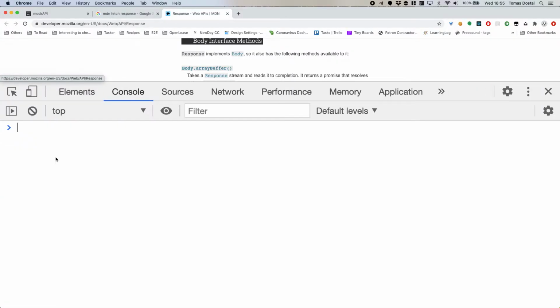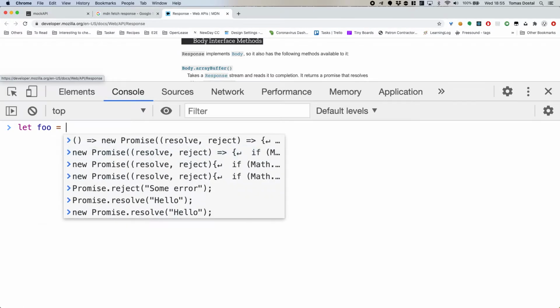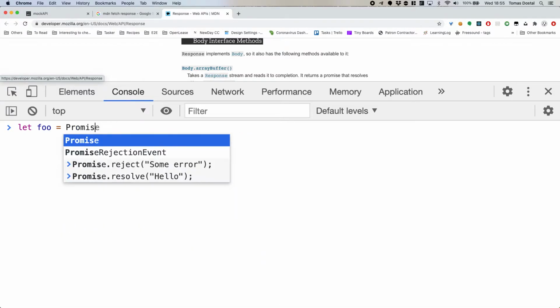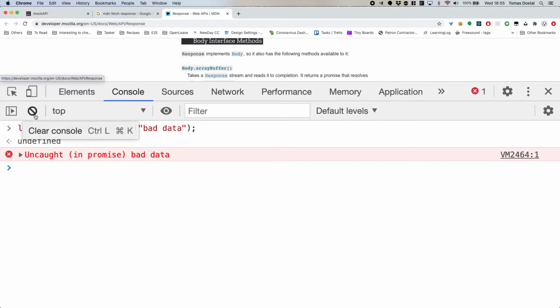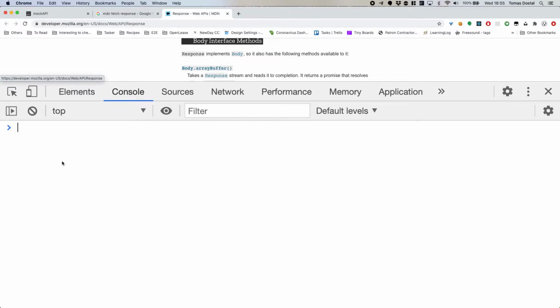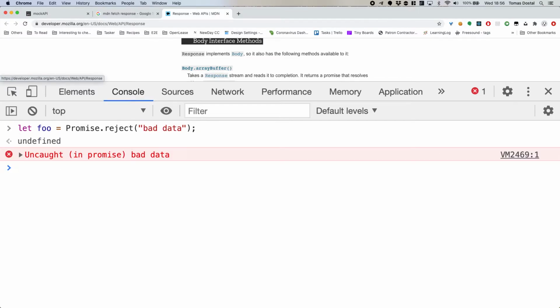So if we do, we would say Promise.reject, something like this. So we have a promise that rejects now, and now what we will do is, oh, I shouldn't have that. Let's do that.